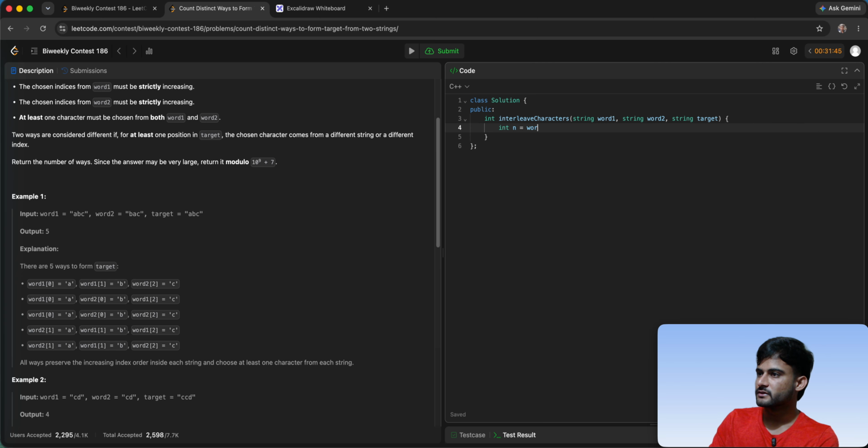n is the length of word 1, okay, m is the length of word 2. Great. Now let's define the state of this DP. n+1 वन बेस्ड इंडेक्सिंग स्टोर करेंगे DP में, राइट।